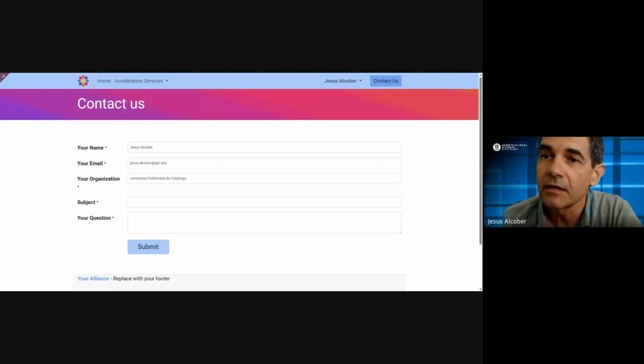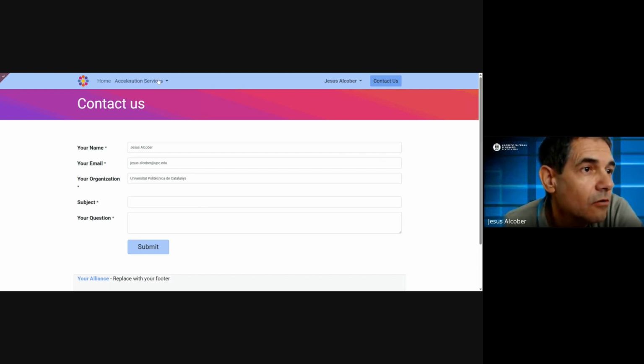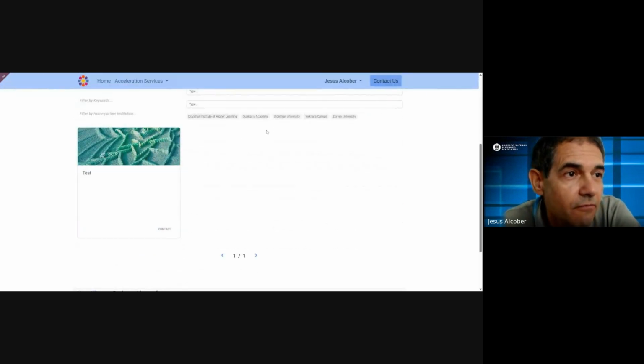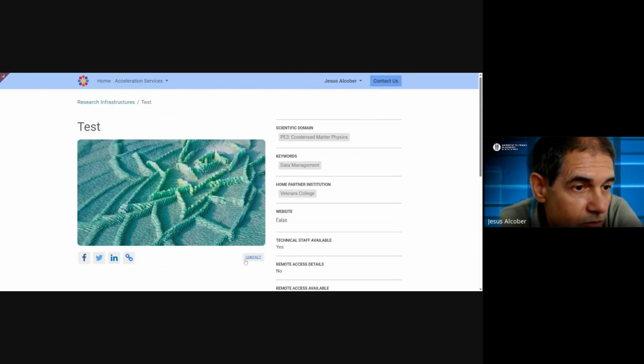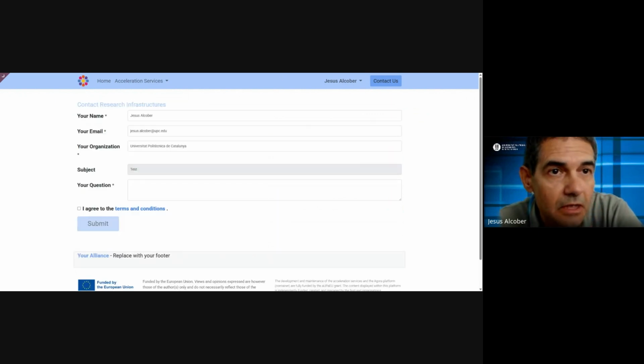Here is the generic form, and the specific form is, for example, if you go to our research infrastructures and you are looking for a research infrastructure, finally you find this one. You're interested in this. You see here this contact, and if you click on this contact, automatically